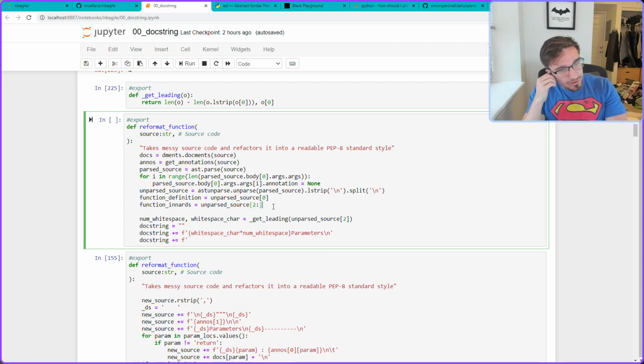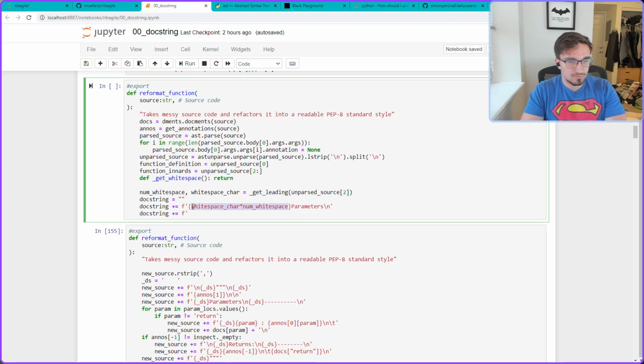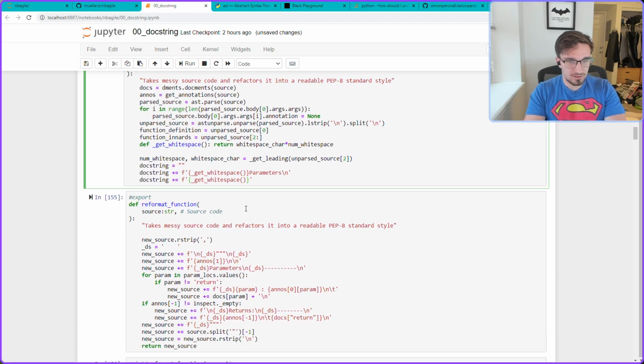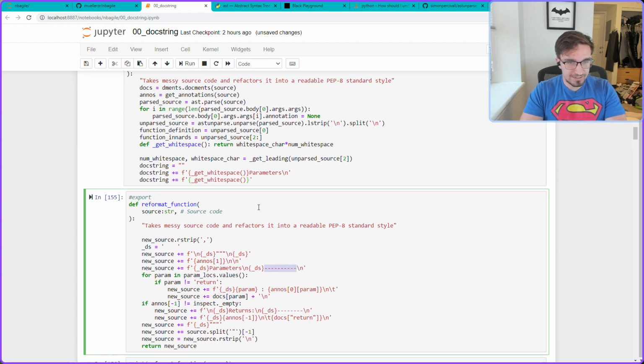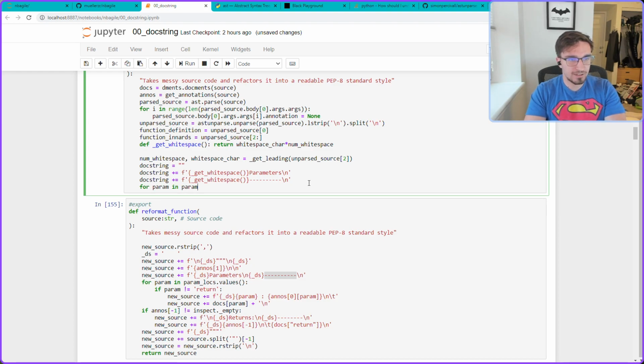And I don't like doing that, so we're going to just write this as a function. And then this should be, I counted this out, so it should be exact. Yep. Dash n. And then for param in param,